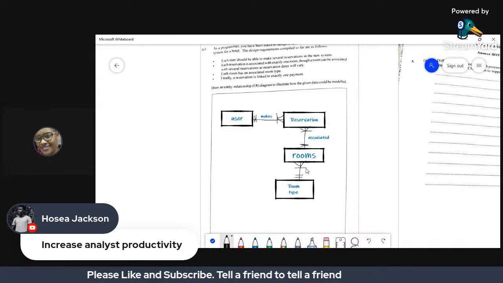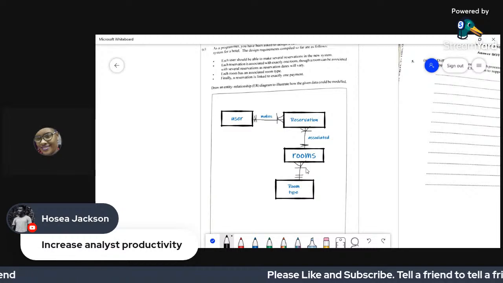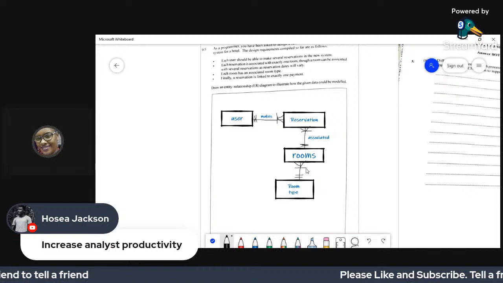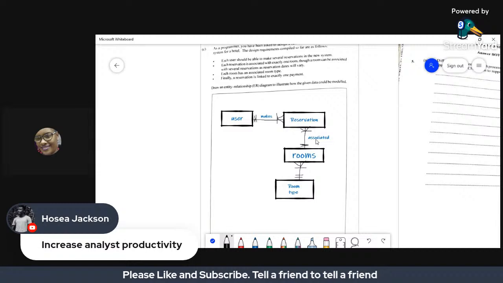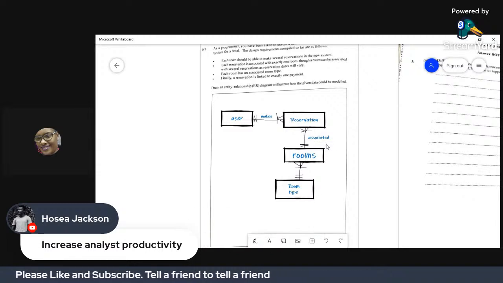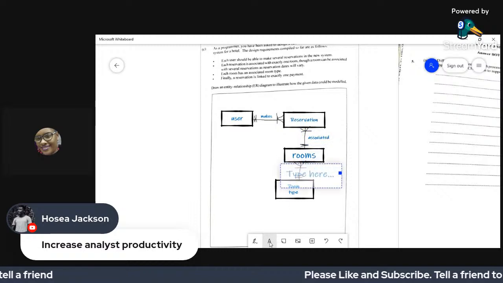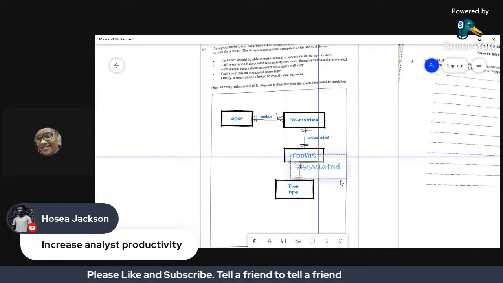We have 3 ocean view, 2 rooms with a swim-out pool, 2 honeymoon suites, etc. So we have the many to one there, and we're going to put the same "associated" right on this line.